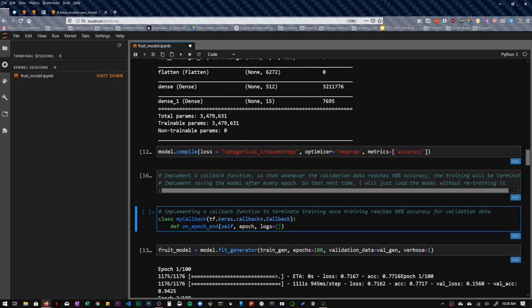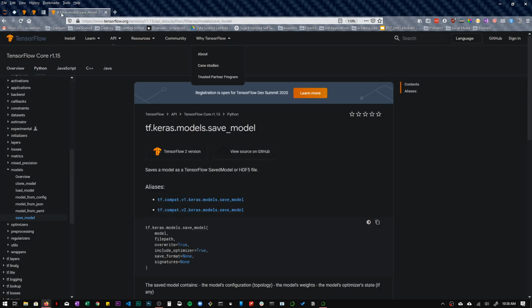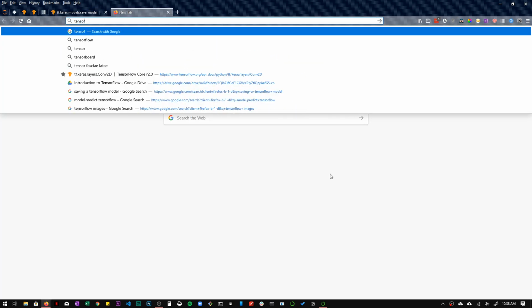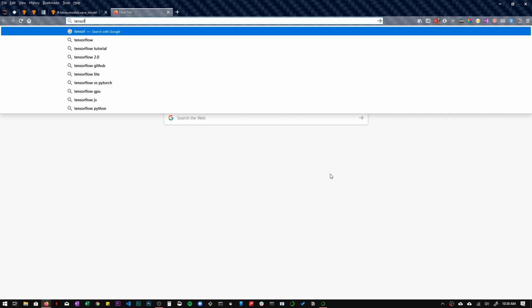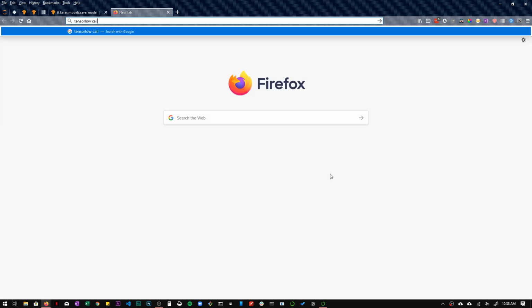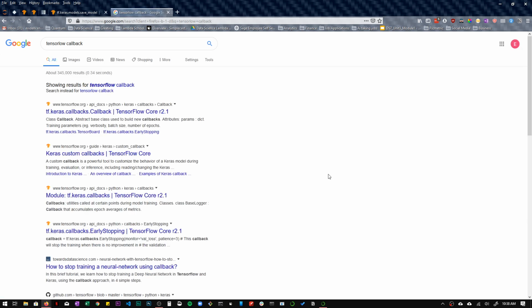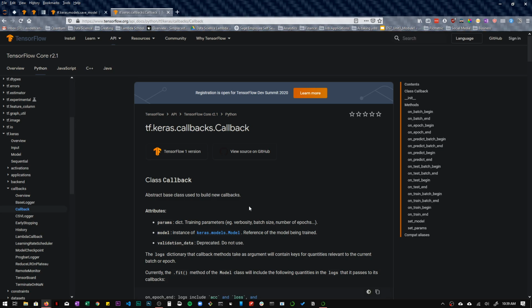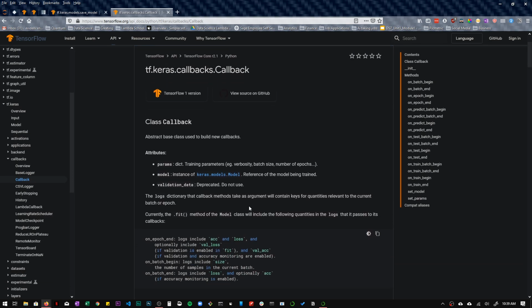If we go to the TensorFlow documentation, I'm going to leave this here because I'm going to need this in a little bit. If we go to the TensorFlow callback function, you'll be able to see what's happening.